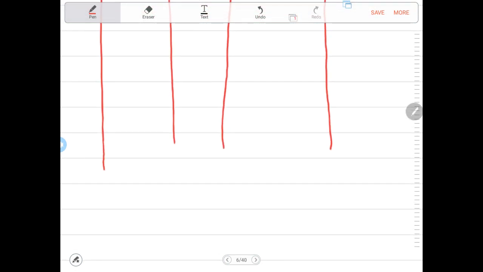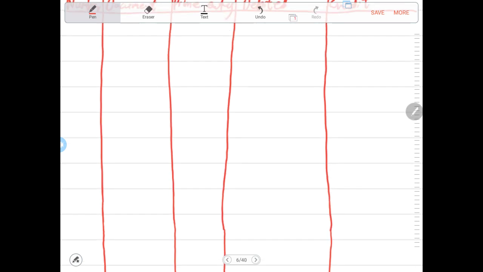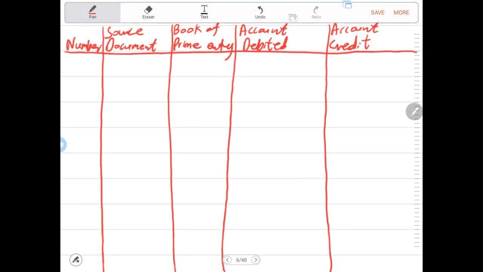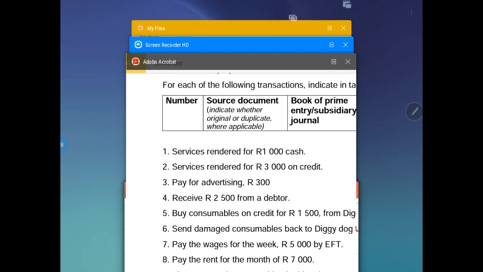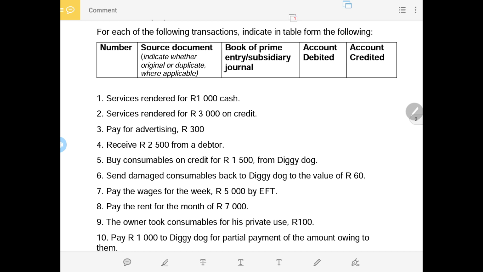So we are doing almost two things at the same time with the approach that we have used in this question. Now, this is how your workings ought to look if you were required to record transactions in this table format, with the main focus on the subsidiary journal. Now I will read the first transaction and try to analyze it,